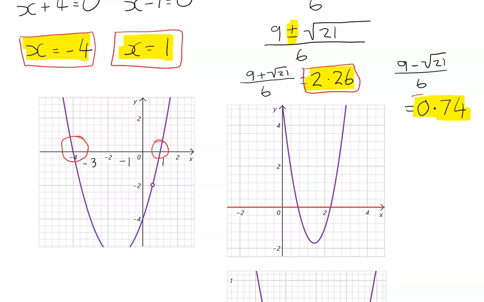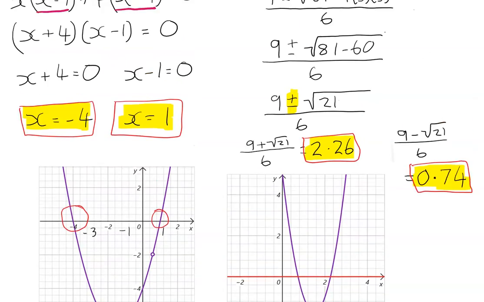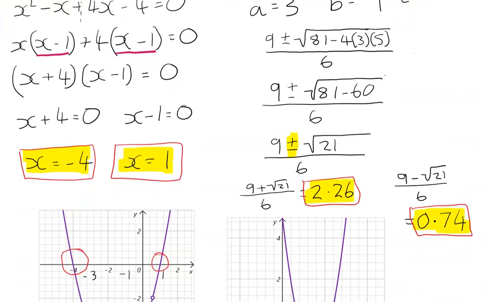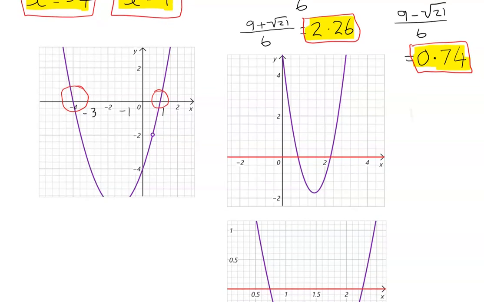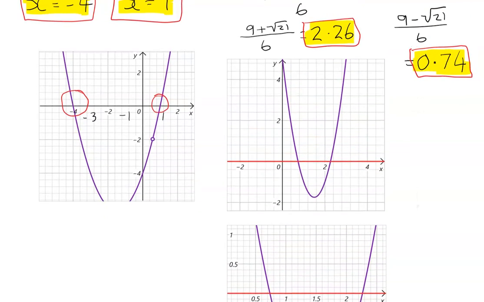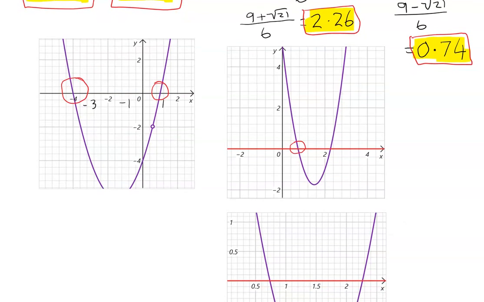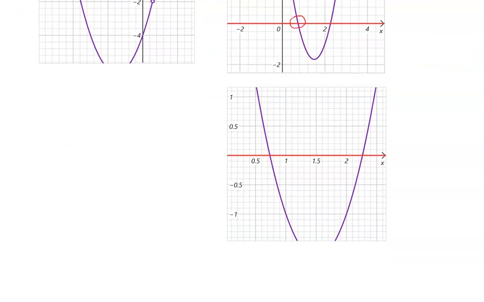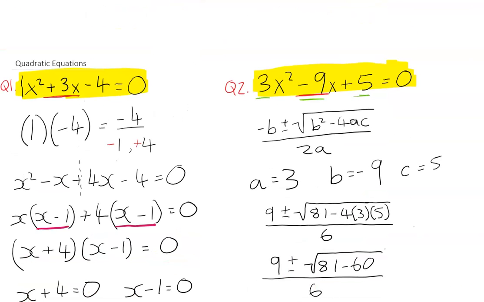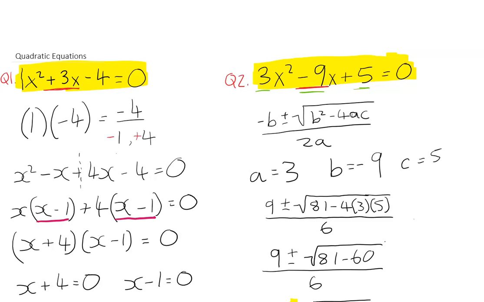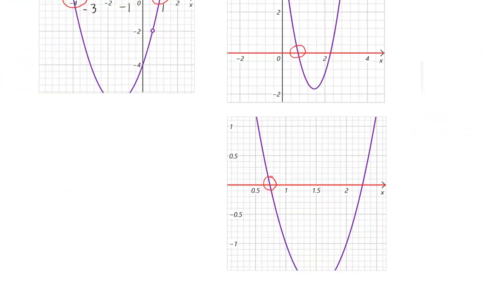2.26. Now, again, if you look at your graph, and this is what we're finding using the minus b formula and using our guide number. If you look at the graph and look very closely here, this is why I zoomed in here, the point 0.74, this is exactly where the graph touches or crosses the x-axis. I zoomed in a bit more so you can see it down here. This point exactly here where the purple graph, and the purple graph is our 3x squared minus 9x plus 5 equals 0. Zoomed in a bit more to show you that it is exactly